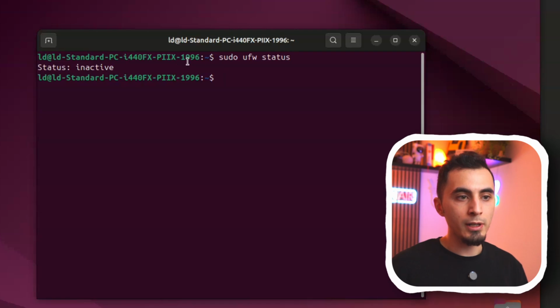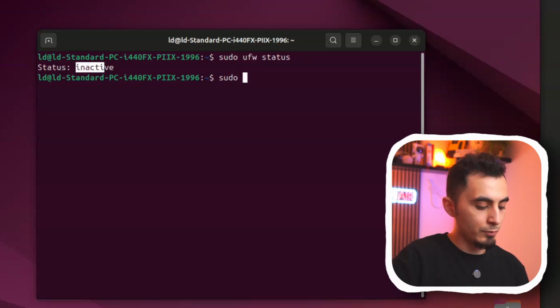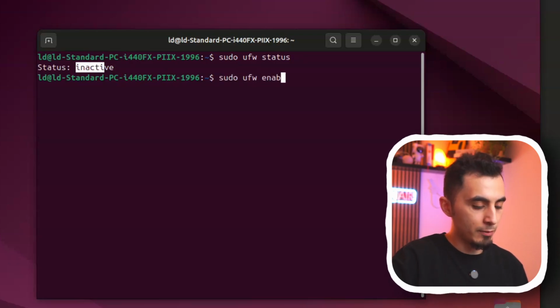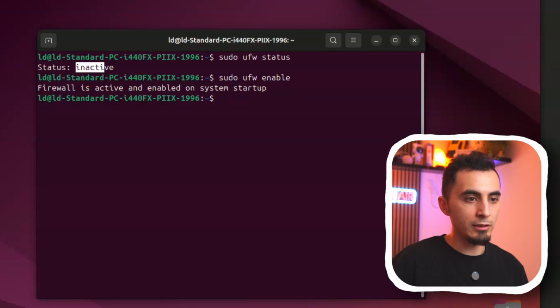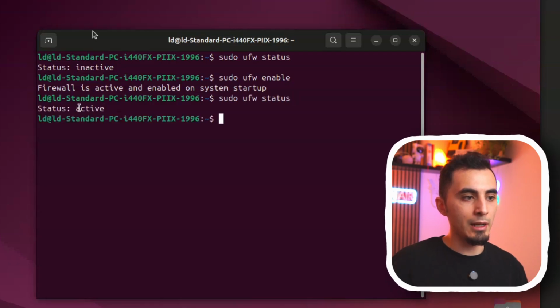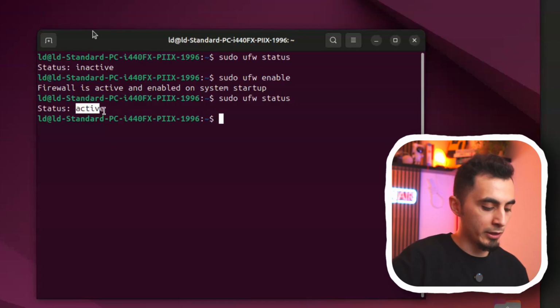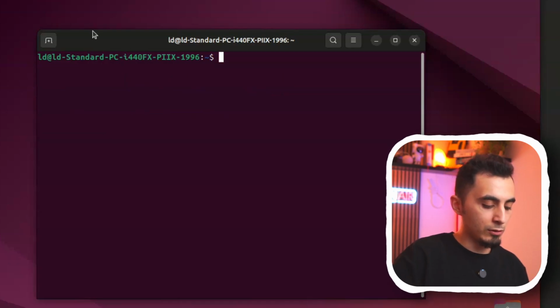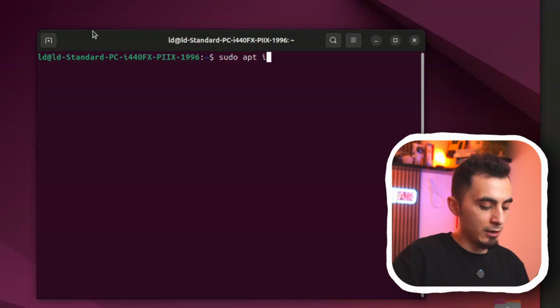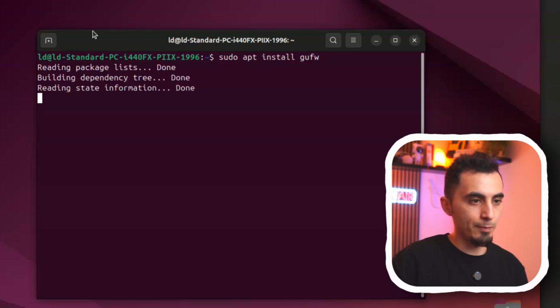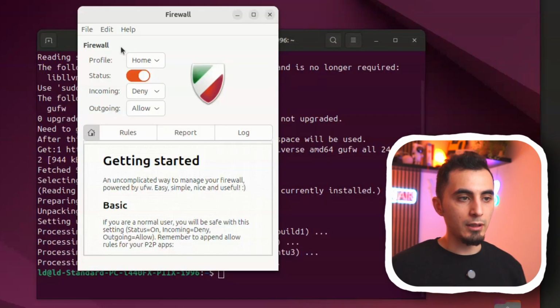Now to Ubuntu. As you can see, UFW is already installed, but it is inactive. So let's repair this. Just type sudo ufw enable. Now if I check its status, here it's telling you it is active. But if you want to install the graphical tool, you have to type the following. So just like Debian, sudo apt install gufw. And it's installed and active, because we have activated it before in the terminal.